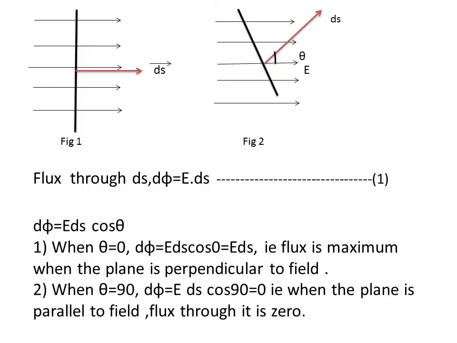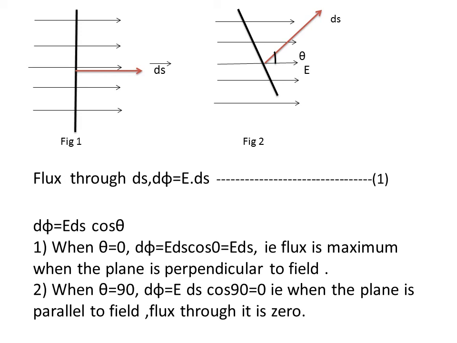Here we have placed the plane perpendicular to the electric field. ds is a small area on the plate. From the figure we can see that when the plate is placed perpendicular, the number of field lines passing through the plate is 5. If we tilt the area as in figure 2, the number of field lines decreases. Now the electric field line and ds are not in the same direction. As you know, the direction of ds is perpendicular to the plane.